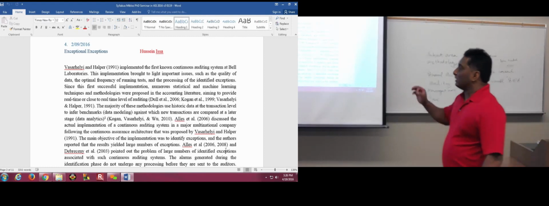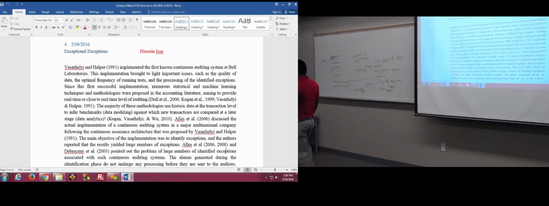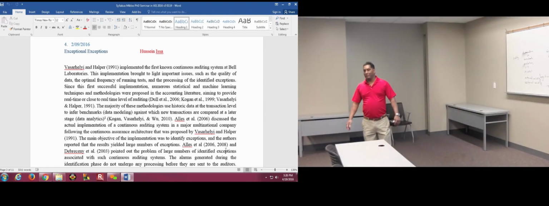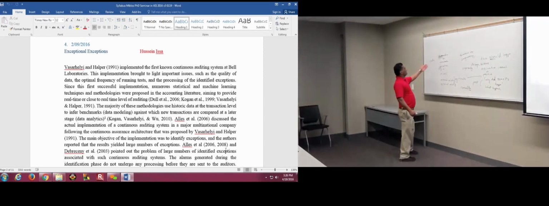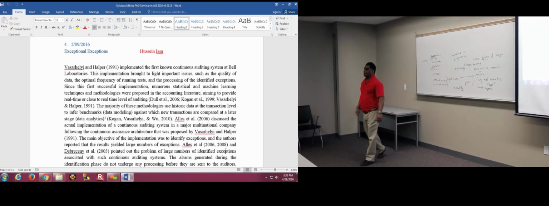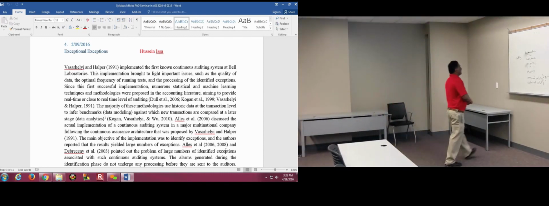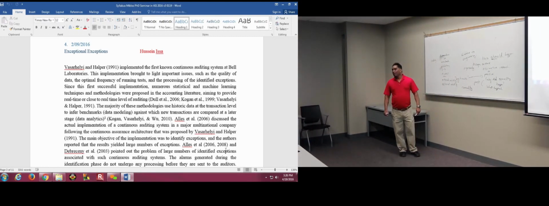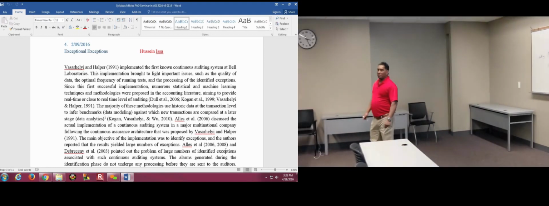Okay? And this is a particular problem in continuous auditing. Because now, instead of looking at data once a year, you're looking at it once a second, or once a month, or once a week, more frequently. And so the more frequently you look at data, the more likely you're going to get these violations. So you end up with enormous numbers of violations, and you have to try and decide what to do about this. Now, this is a great unresolved question. It's an enormously unresolved question.